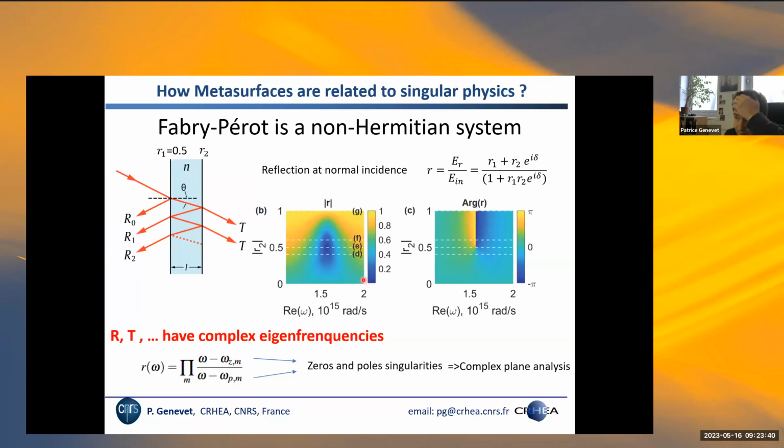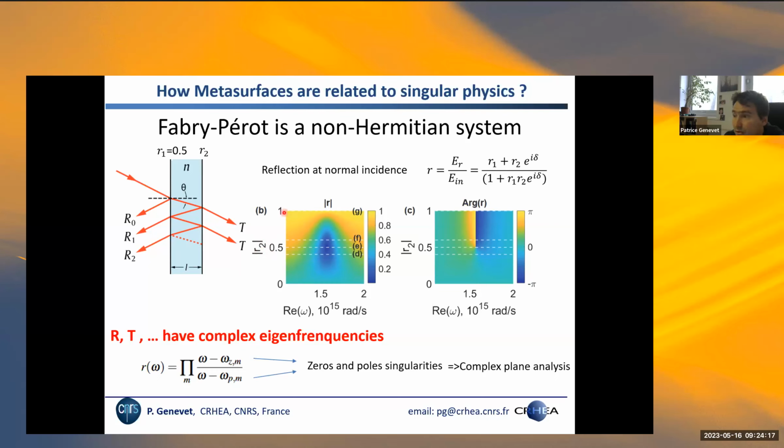And then in this map, I show you the evolution of the amplitude and phase of this reflection coefficient for R1 fixed equal to 0.5, and I change gradually this R2 coefficient. As I increase the R2 coefficient and look at the amplitude of the reflection, at some point I see the appearance of a zero of reflection. And associated to this zero, when I look at the phase, I start to observe the appearance of this phase singularity that I mentioned before. It appears in the parameter space simply by changing the reflection coefficient R2.